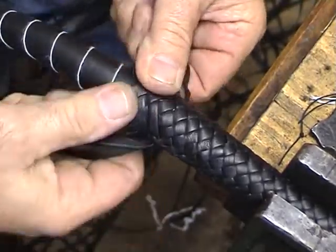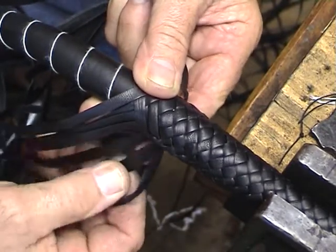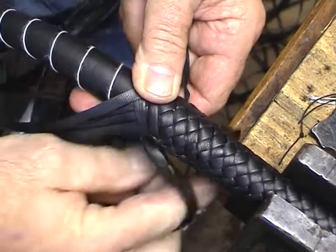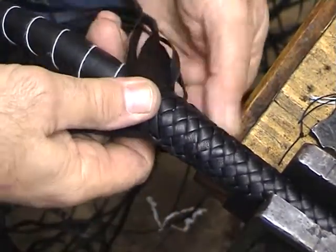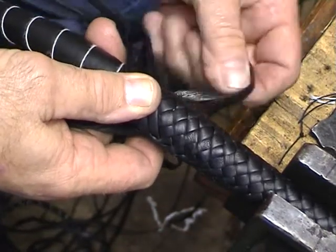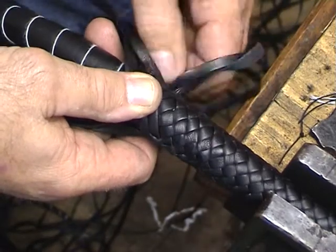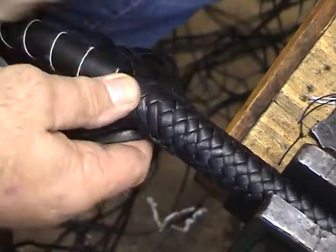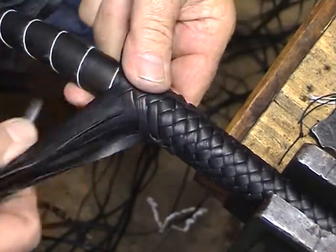Now on the right hand side, under one, over one, under 2, and over 4. Same on this side, under one, over one, under 2, over 4. And now we can go into the under 4 over 4 sequence,